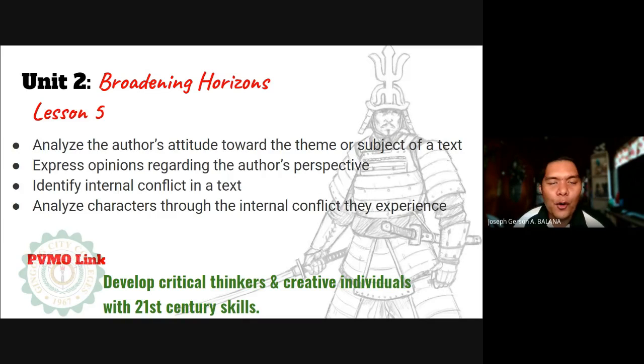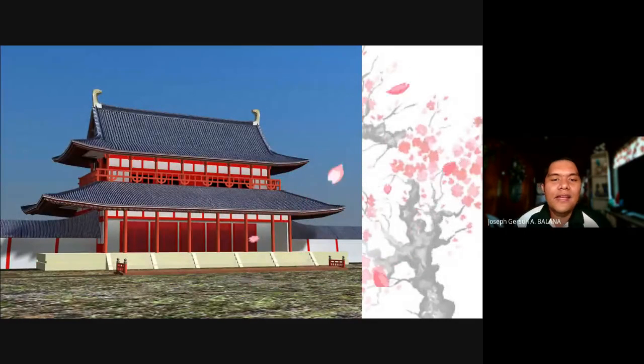Hoping that we achieve the objectives, we also achieve the development of your critical thinking and creative thinking skills, of course, with 21st century skills. Through understanding literature, through analyzing this work, you'll be able to develop your critical thinking and become creative individuals in the analysis, all connected to your development as GCCians. Now, from the text, you probably have imagined, we're talking about the Rashomon.